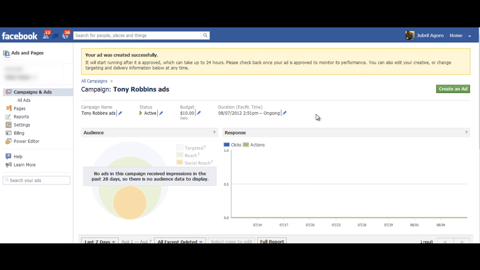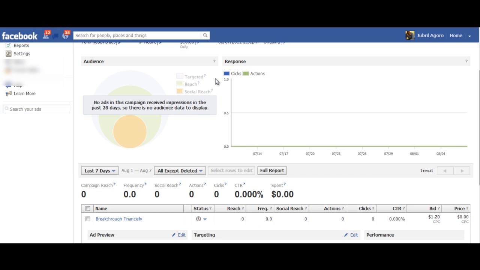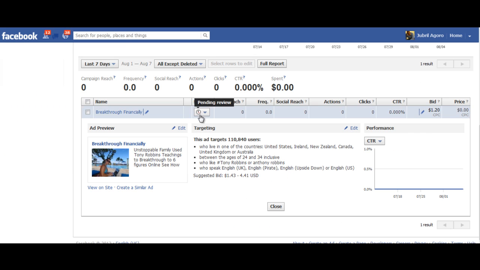Okay, so now it says your ad was created successfully. If it's approved, which can take up to 24 hours, it's going to be up and running. Now it says just pending review. I'll let you know, when I place ads for accounts that I've been running for a while, literally 5-10 minutes and the ads are up and running.